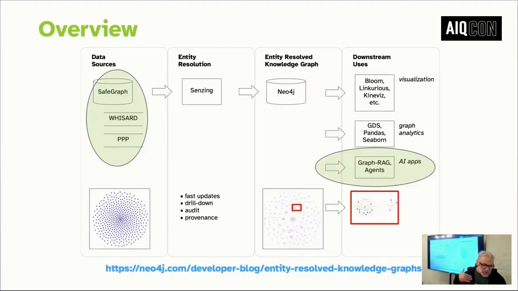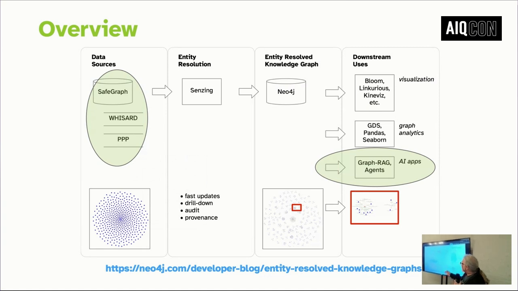I have a talk where we go through working with some open data sources. Wizard is wage compliance from the Department of Labor. PPP is from the Chamber of Commerce about PPP loans during the pandemic. And Safeguard is about places, businesses in a particular place. The tutorial is linked here, but it's basically take a bunch of different data sources, find out where do